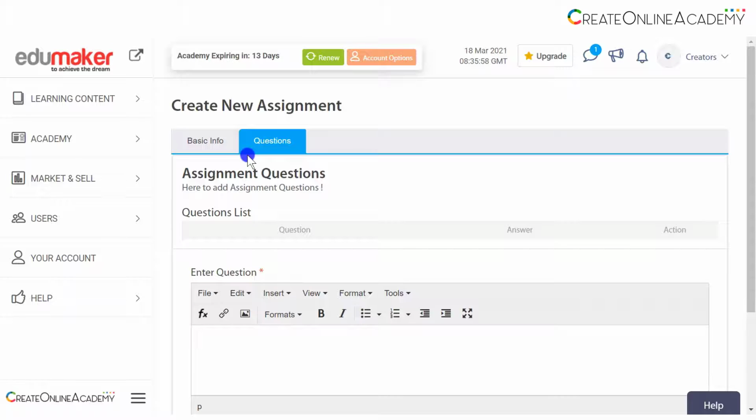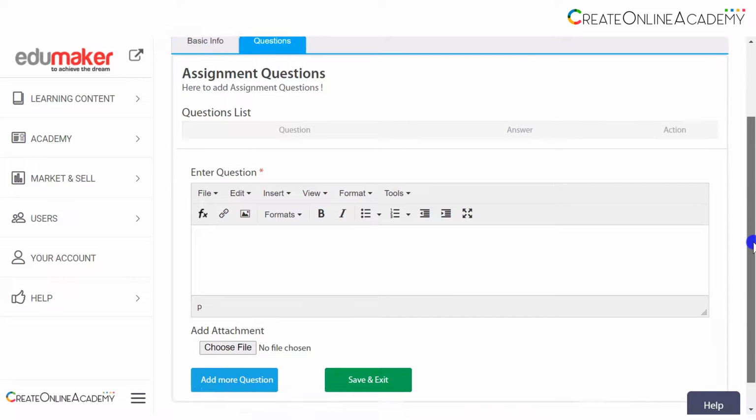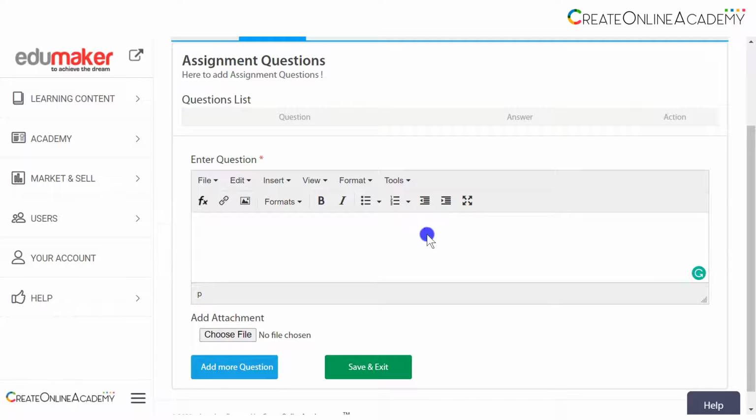Then you are automatically landed on the questions page, where you can add questions related to the assignment. As you can see, it may also help you if you want to transform this assignment to a typical homework as emulated online, and you can enter n number of questions in it, and even add one attachment which again the students can download.